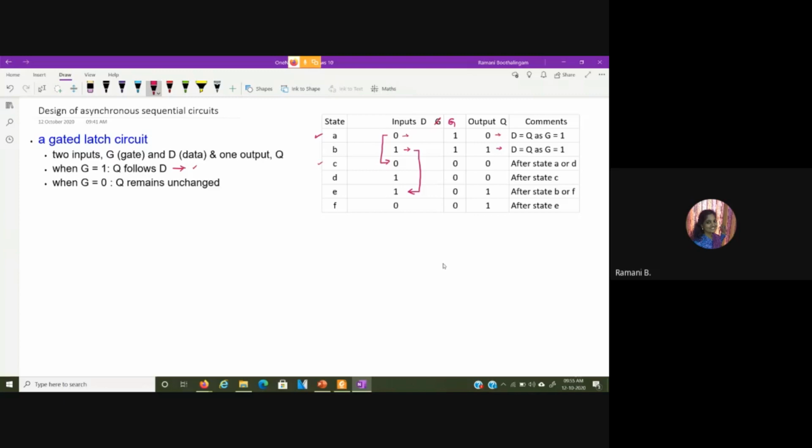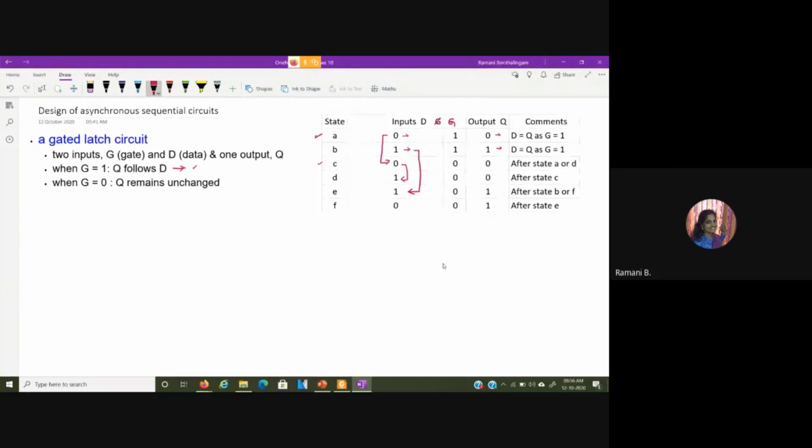Okay. Next, one more thing we consider is now G value is changed to 0. Now if I change the input, we know that even if you change the input, once G value is equal to 0, the output should not change. So this remains as it is.